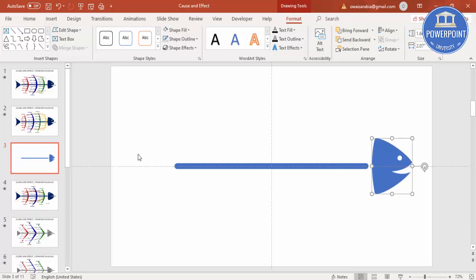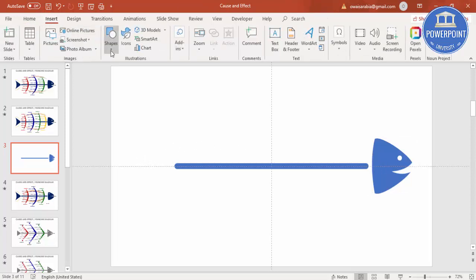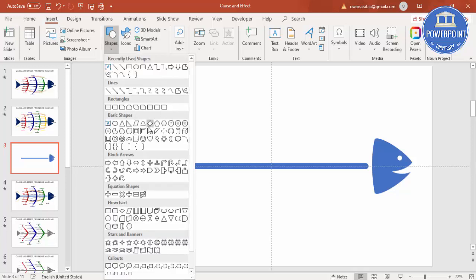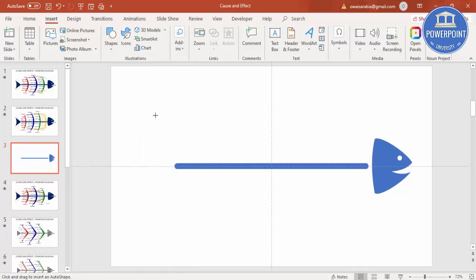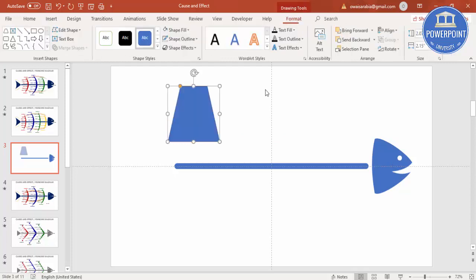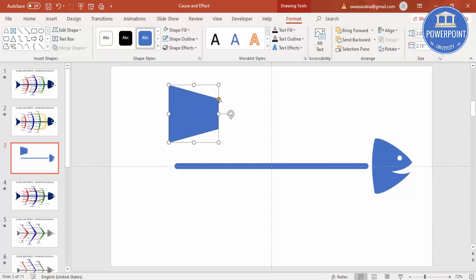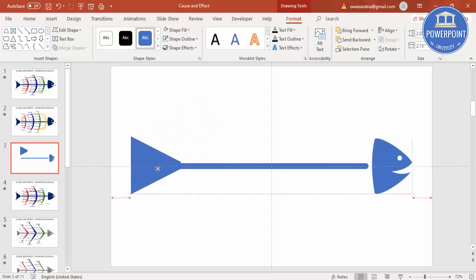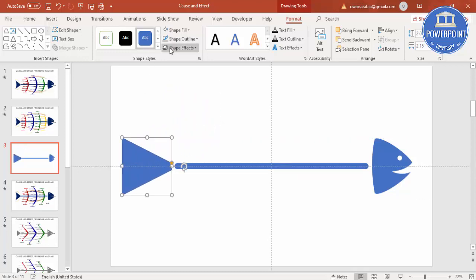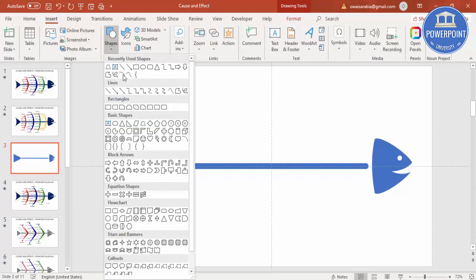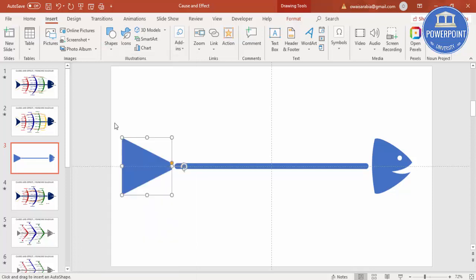Now let me add the tail or the fin. Go to shapes and select this particular one, which is trapezoid. Draw the trapezoid and rotate it, which is again rotate 90 degrees. You can see this orange point, just drag it inside, make it something like this and put it here. Shape outline, make it no outline, and then go to insert shapes, select an oval shape,